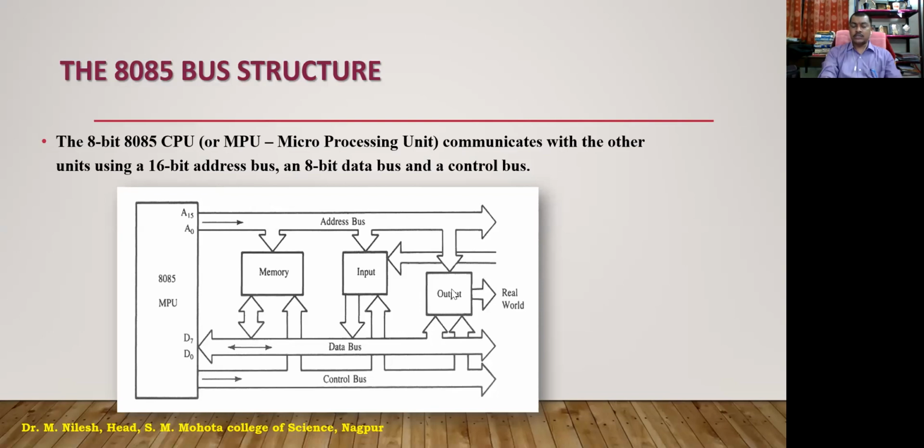If you want to give the address of an input device, or the address of an output device from where we expect the data to come, we have to mention that address on this address line. So this address bus is used to receive the data, load the data, or write the data. The initial phase is that we are going to use the memory, and the memory we expect to use is from here.